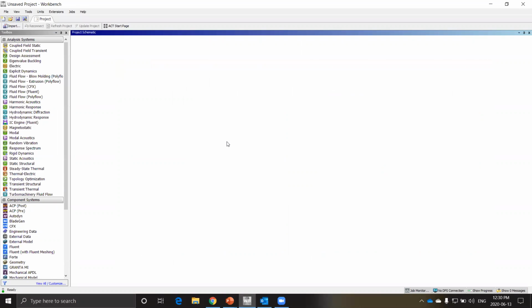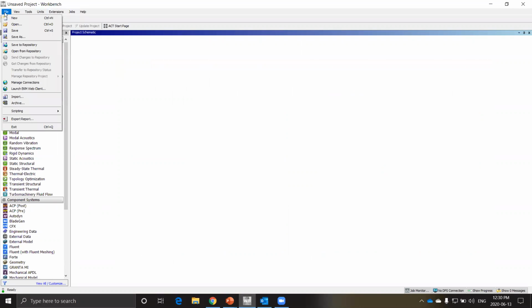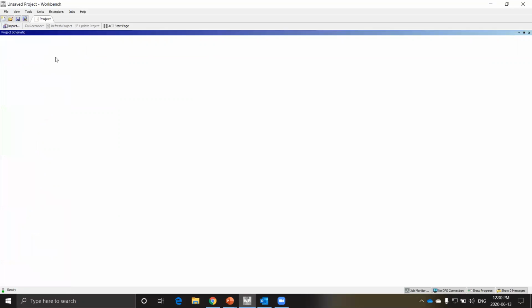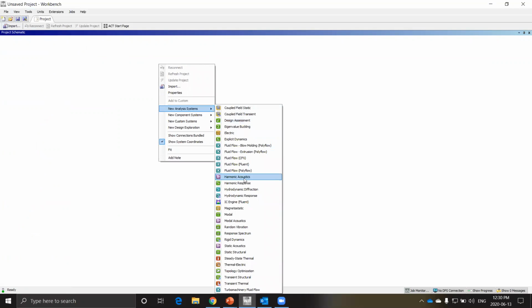Can you see my ANSYS screen now? Yeah, I can see it. Okay. So this is the menu bar. It's very similar to any other software or interface. One thing is, say you mess up any of the components on the screen, and say you close this and you want to go back to it. One way of doing this is you could use the right click, and you have all the options listed over here under new analysis system, new component systems.